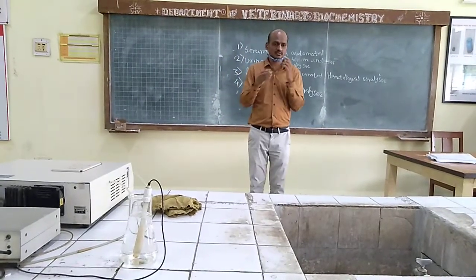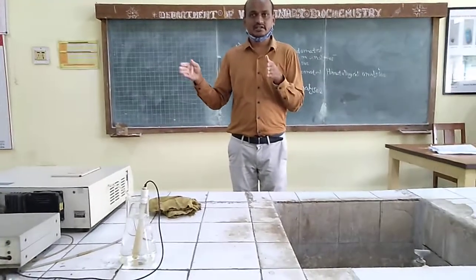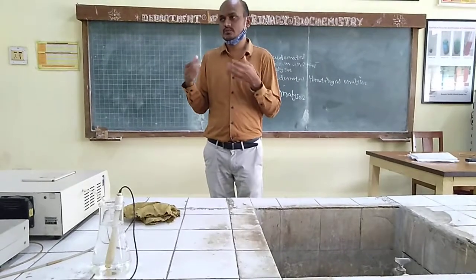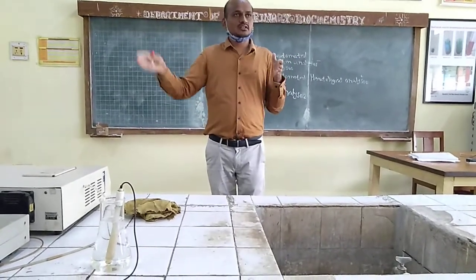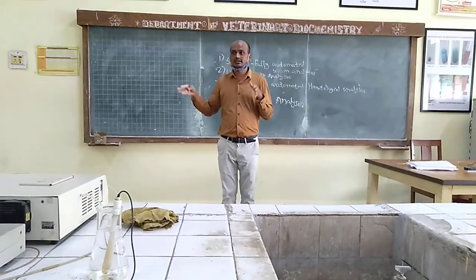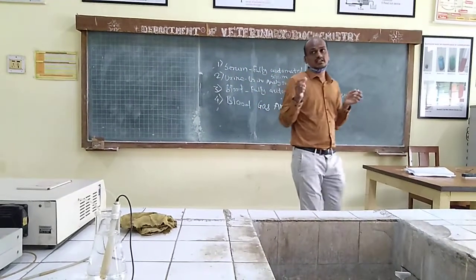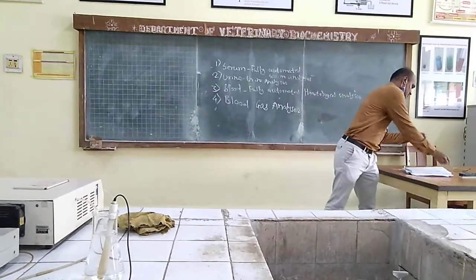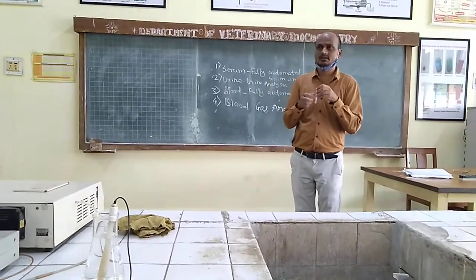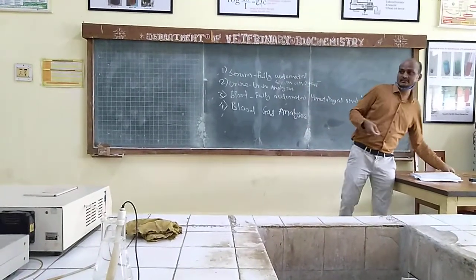Generally, the longer the storage time, the more the sample glucose will decrease. If some bacterial contamination is there, that bacteria will utilize the glucose for itself. So as time goes on, there is a chance that glucose decreases, cholesterol decreases, whatever the bacteria is utilizing. That is sample storage. And briefly, for hematological analysis, there is an EDTA tube in which you collect the blood. Sir can tell more about hematological analysis.